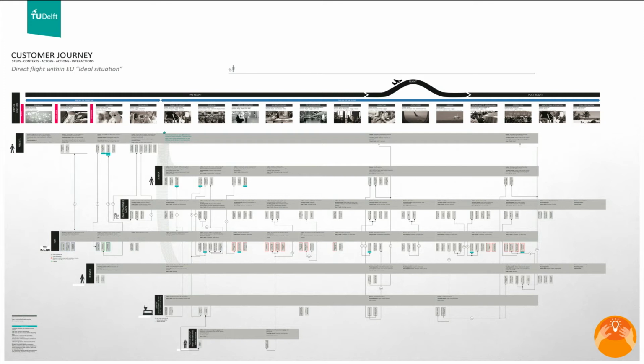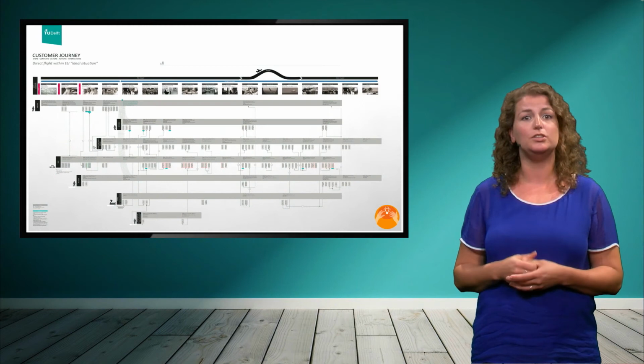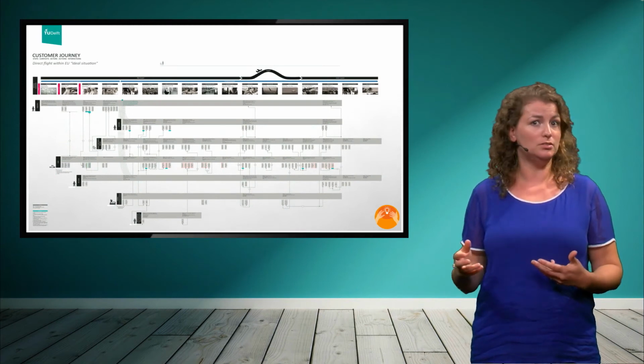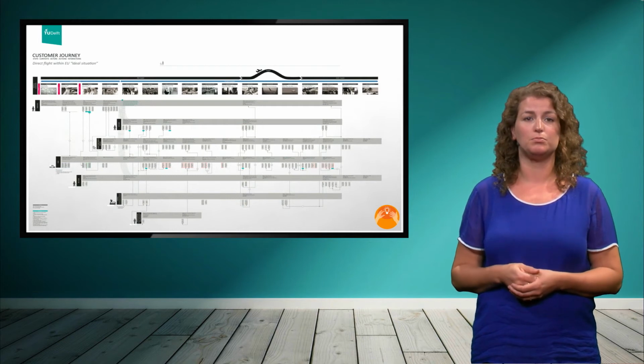This can be used in two different ways: mapping the existing journey to get a better grip on the current situation, or using it to design a desired future journey. This map is created by Magauna Borras, who used it in creating the new unaccompanied minor's journey I discussed in the previous video. You can find the map on the MOOC platform to get a more detailed view. Look around and see how it is used.